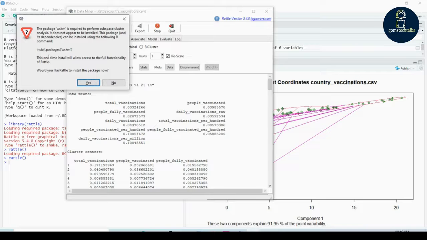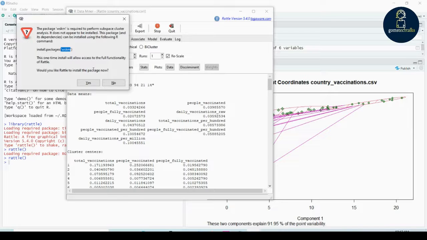Since Rattle is built on R, to fetch some features it may ask you to install packages. Whenever you get a warning, read it. It is telling you that it needs the package called WSKM, which is in R. This is a one-time install and it will allow full functionality of Rattle.